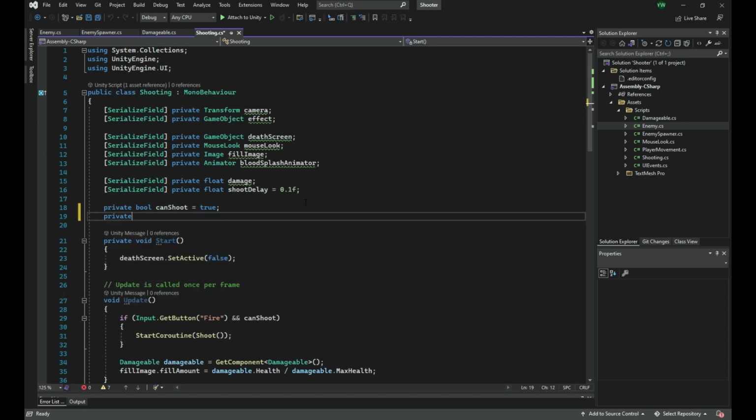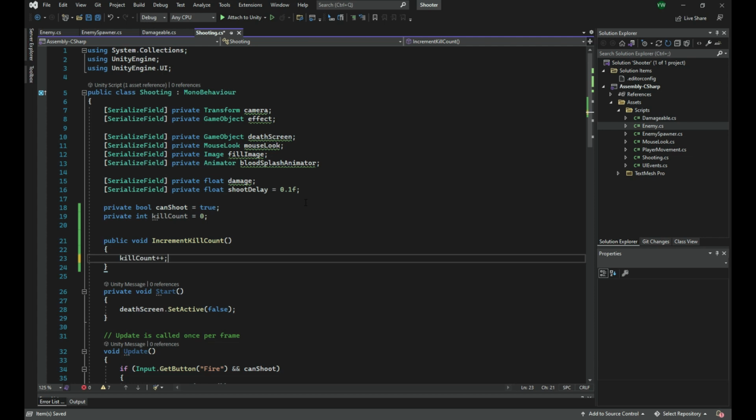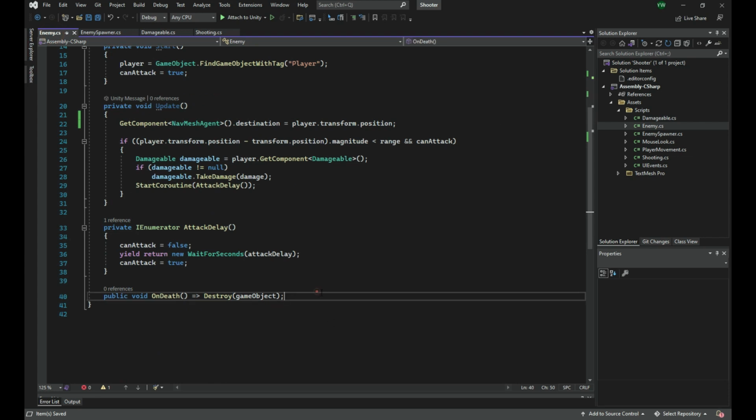But of course we want the variable to be attached to the player, so a private int kill count should be nice, and this is by default going to be 0. And I'm going to create a public void here called IncrementKillCount. Now what this function will essentially do is kill count plus plus. Of course we won't allow it to decrement the kill count, and this is the only public function we will have. Now in the enemy class, I'm going to add in the